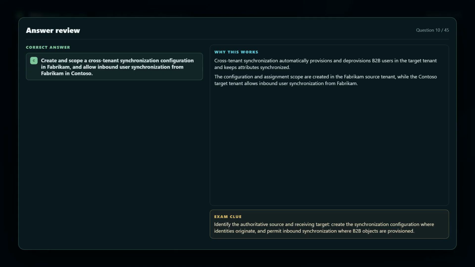The correct answer is C. Create and scope a cross-tenant synchronization configuration in Fabricam and allow inbound user synchronization from Fabricam in Contoso. Cross-tenant synchronization automatically provisions and deprovisions B2B users in the target tenant and keeps attributes synchronized. The configuration and assignment scope are created in the Fabricam source tenant, while the Contoso target tenant allows inbound user